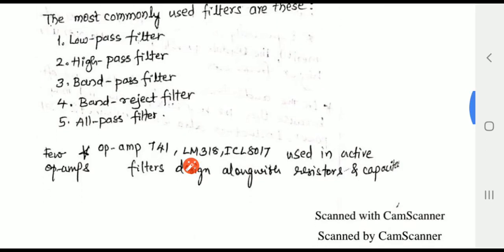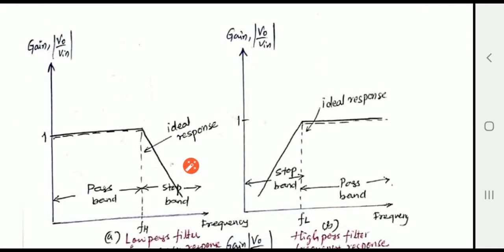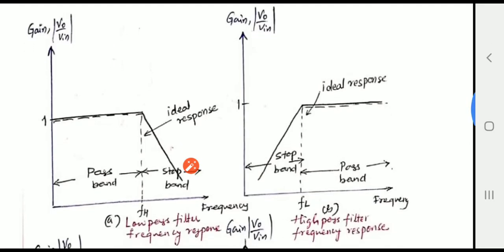Okay. So here there are some graphs which are used to represent all these kinds of filters. This is a low pass filter. In this, only low frequency components are passed using a pass band, and the rest are blocked or eliminated. This is called the stop band. This curve indicates that the output or the gain starts reducing once it reaches the cutoff frequency. FH indicates the cutoff frequency here.